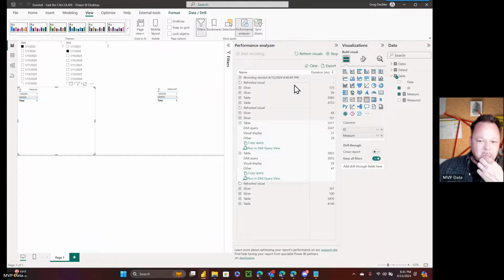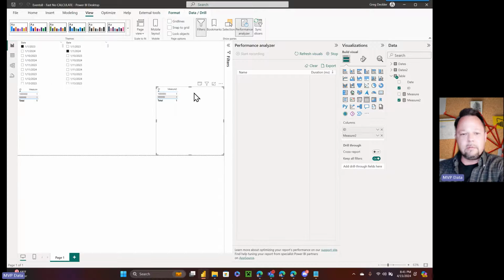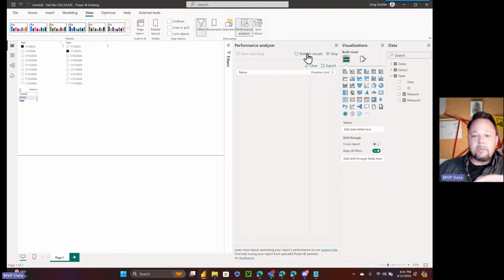Now, the other thing that I found out about this is that Performance Analyzer is good for comparing measures to one another, but it's terrible about comparing this type of measure to our previous data model, right? And hopefully I can show this here. So we're getting back 3.5 seconds on this measure. So let's go ahead and clear this. And if I remove this, at least I was getting results.